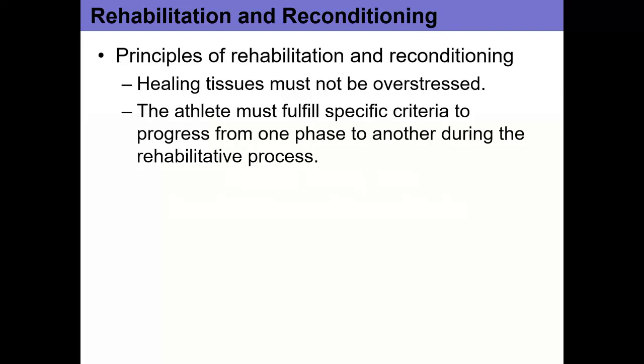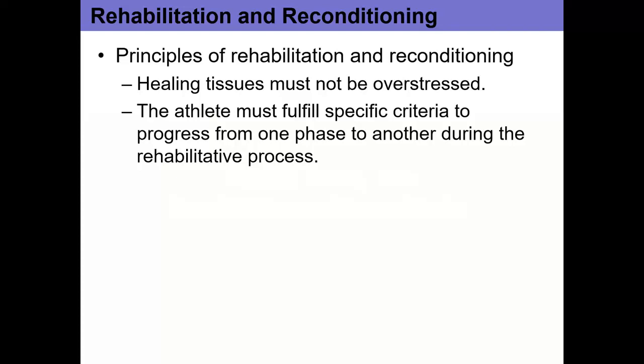So after an initial injury, typically starting about 3 days after, those fibroblasts' production of collagen is going to really ramp up. But the type of collagen that they produce is not especially strong. It's type 3 collagen. So even though the inflammatory process has subsided, the swelling has largely gone away, and the injured area is not all red and painful anymore, we don't want to go nuts and overstress that